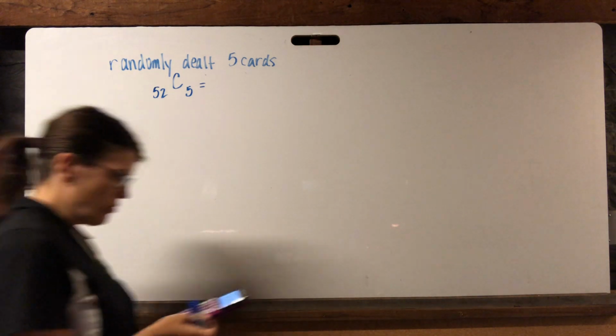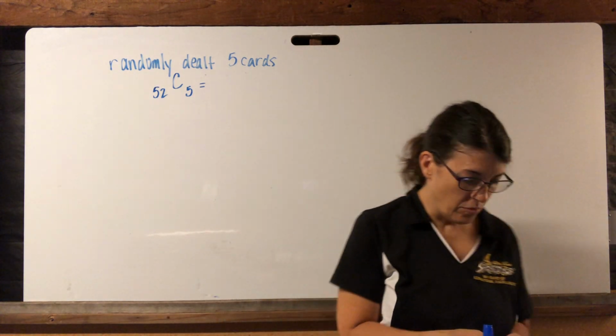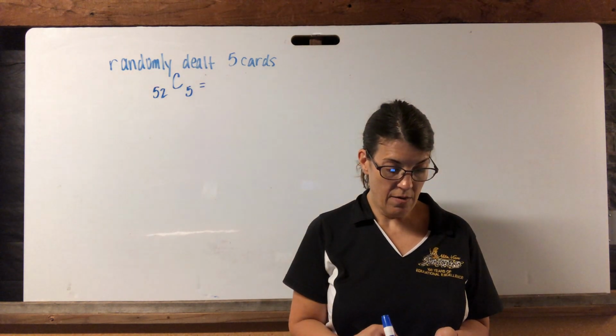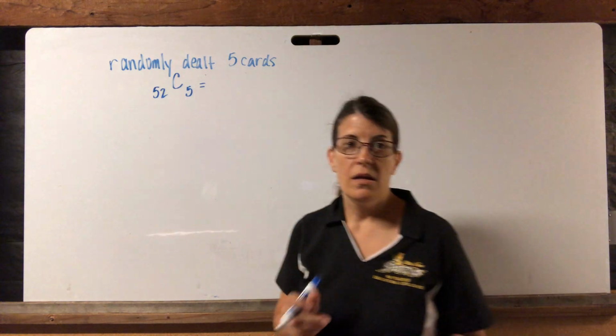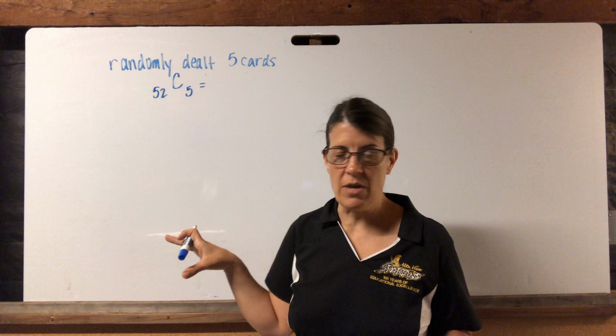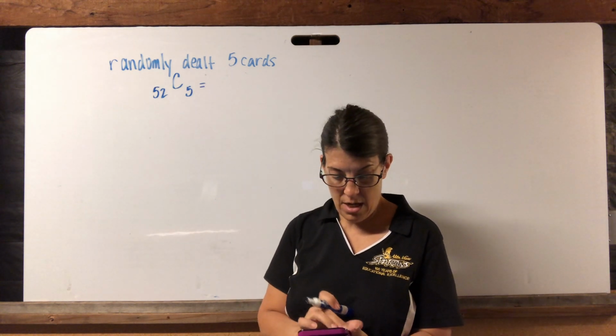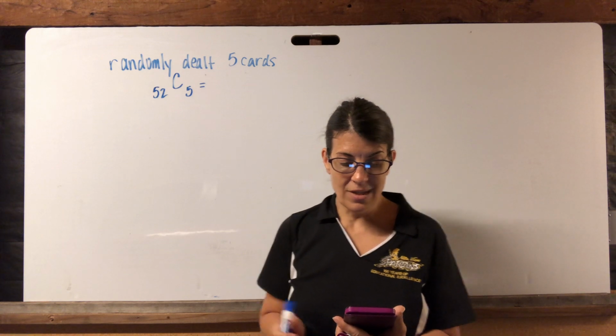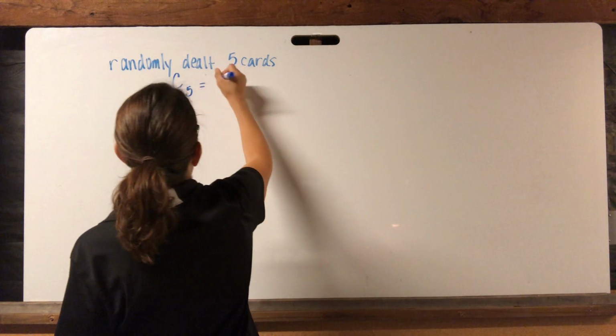All right, 52C5. It's big. Store it for yourself because we're going to use it numerous times throughout the remaining example. So just go ahead and store it. Store it as A. It is 2,598,